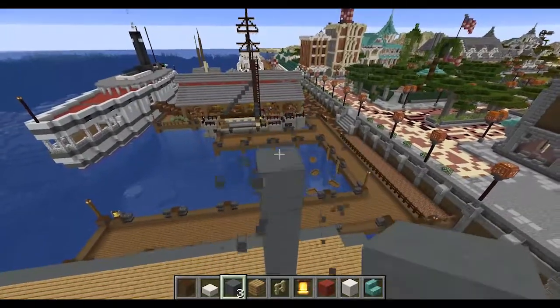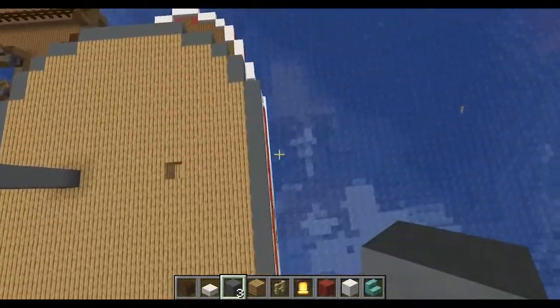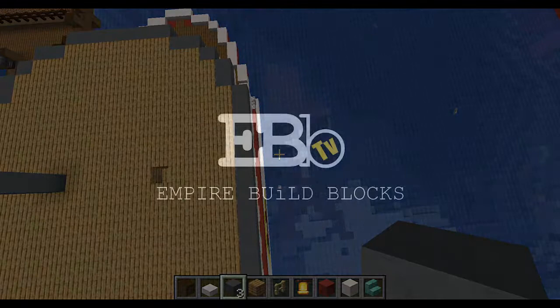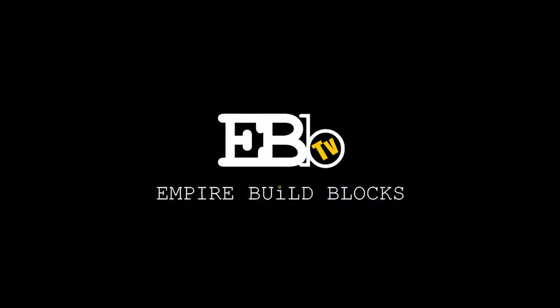Now, these steamships also had really cool, you know, twin funnels right off the bow. So join us in the next video. Keep an eye out. Part 2 is going to be coming down the pipe pretty soon, and we'll go over the rest of the build and everything like that.